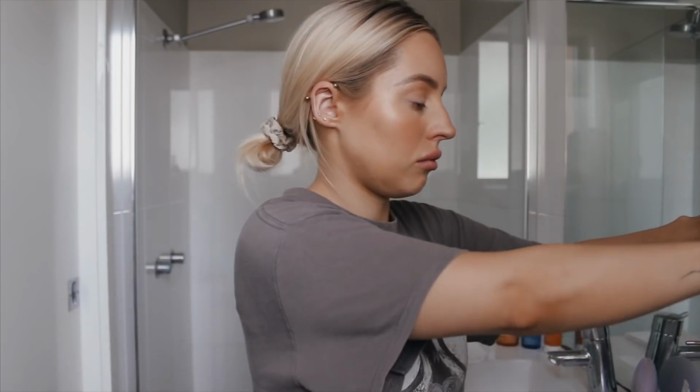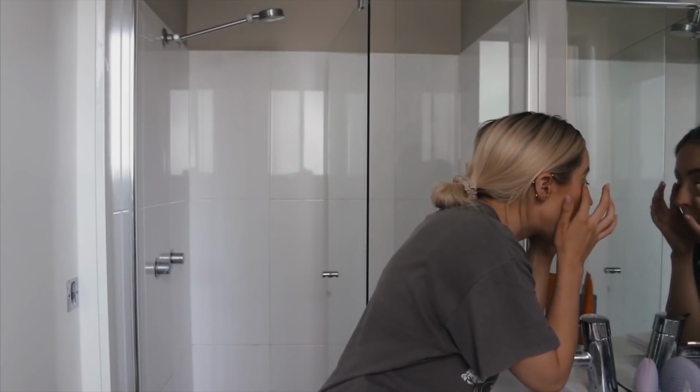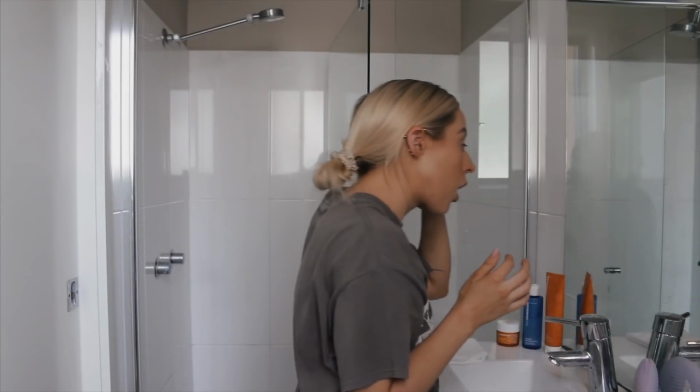So tonight is the night you guys are gonna go to bed with me, which I know is so exciting. So first I'm gonna remove my glasses. And now I can't see because I can't see without my glasses, which makes it really hard to see when I'm cleansing my face, but we're gonna roll with it. It is what it is. Then I remove my lashes, stare at myself for a little bit,